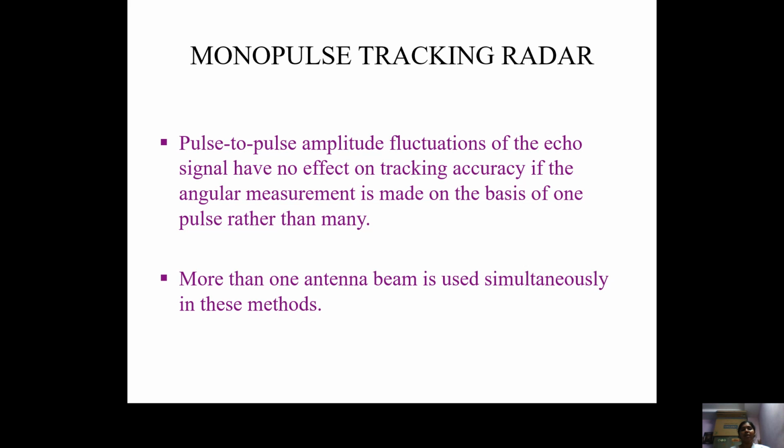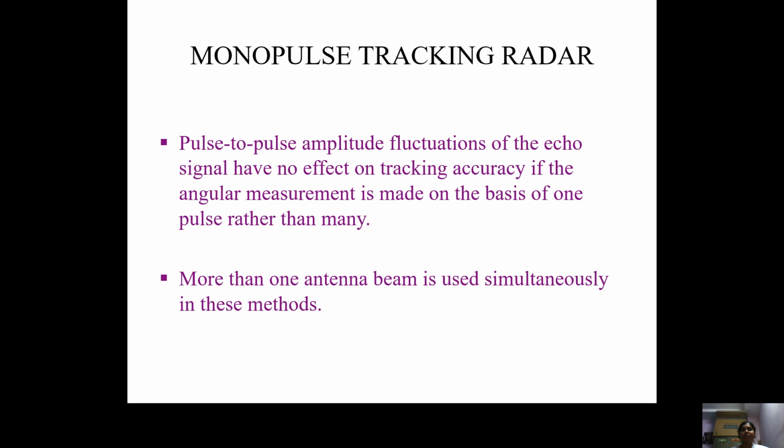A single pulse, single carrier frequency, is enough to process the received echo signal and to separate the high frequency carrier signal from it. Then at the receiver, demodulation is done, that means separation of the carrier and the low frequency signal,